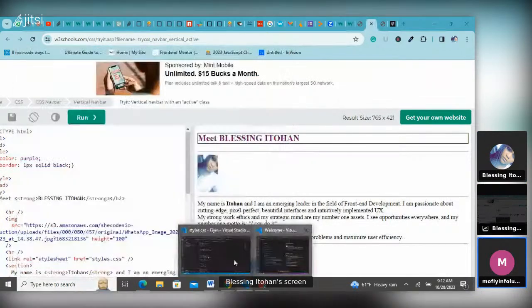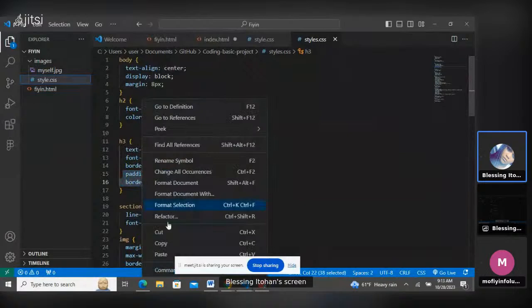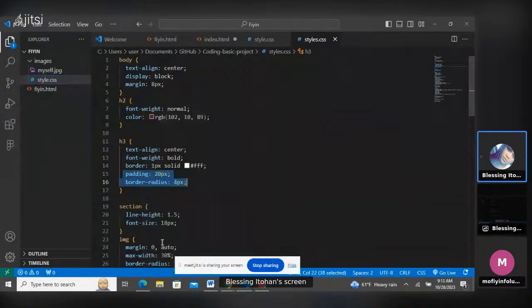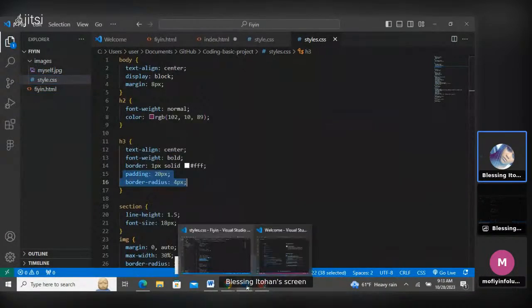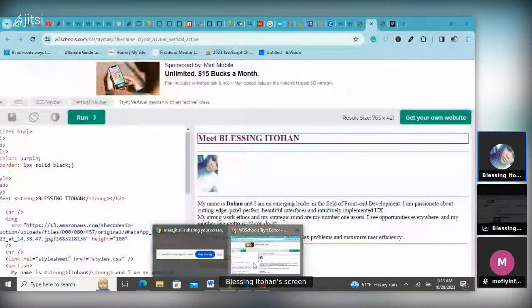I think in the code, they just put a padding of 20 px around it. Let me teach you something called border radius, and then we are done for today. I'll give you classwork and we're done for today. Let me teach you something called border radius so that you understand it. But first of all,